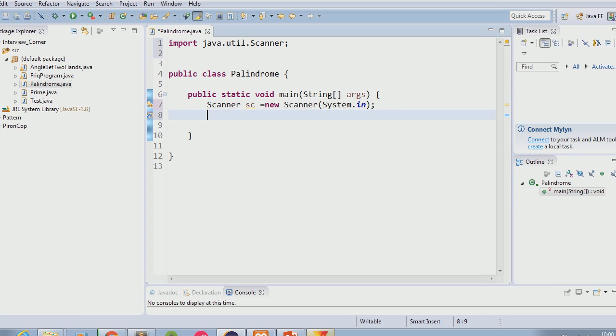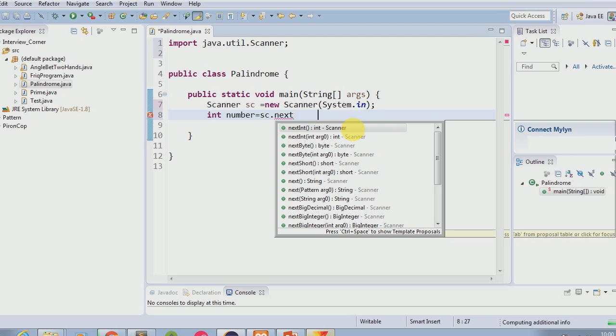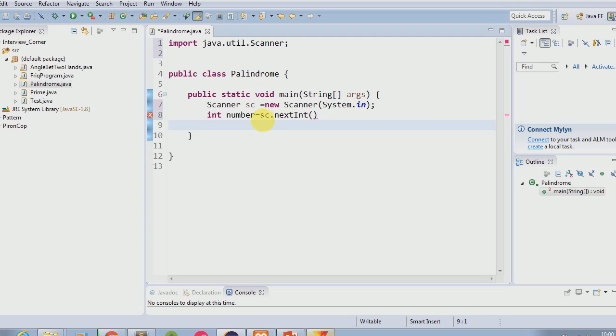Now take an integer number and put sc.nextInt. Now I have a number in a variable called number, which is an integer, and I have to check whether this number is a palindrome or not.